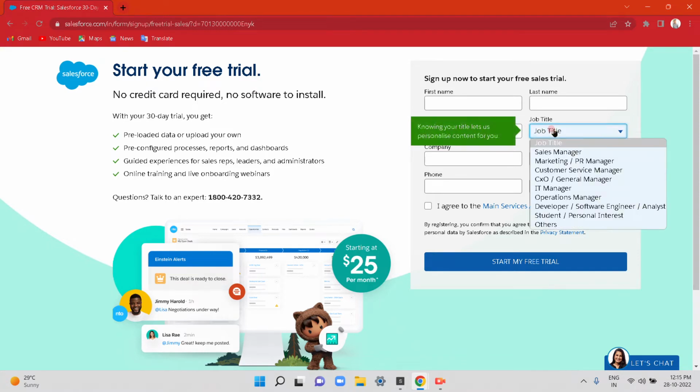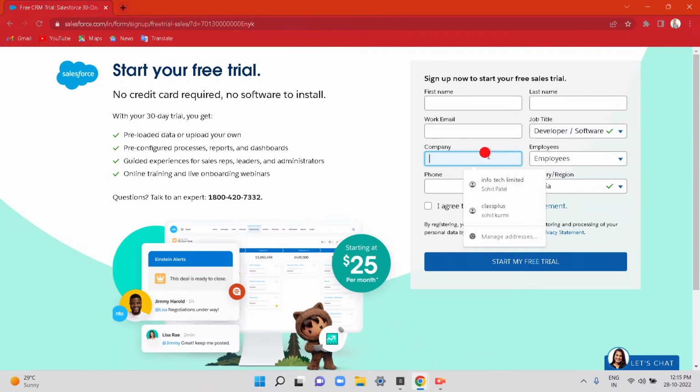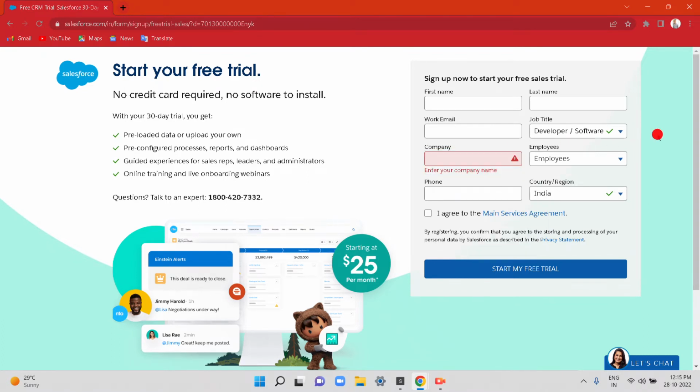After that, you can select any job role, whatever you want, like developer, operation, marketing. I can just select developer, and you can mention any company name here, whatever you want according to you. It depends on you. In employees, you just select employees, and in phone number,